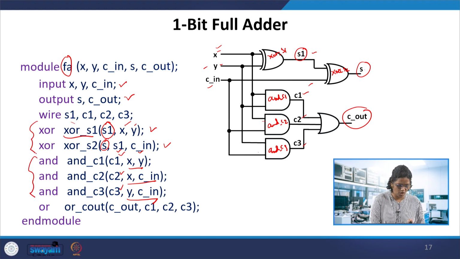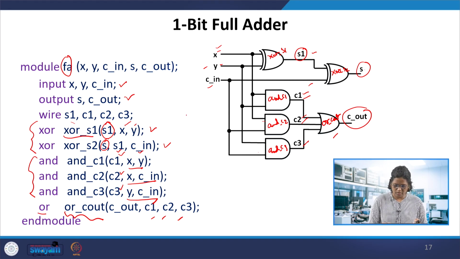So the first two are XOR gates, then the next three AND gates, and the left out one is this OR gate. The OR gate gets its input from C1, C2 and C3, and the output is Cout. So the OR gate is instantiated here.